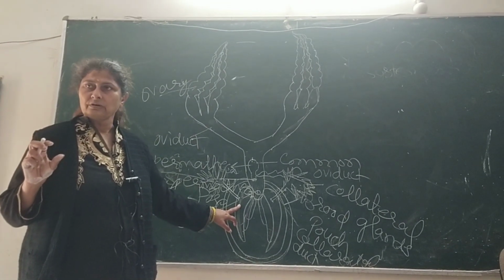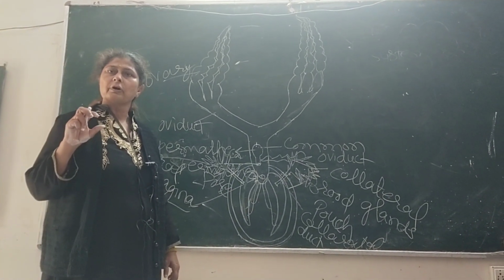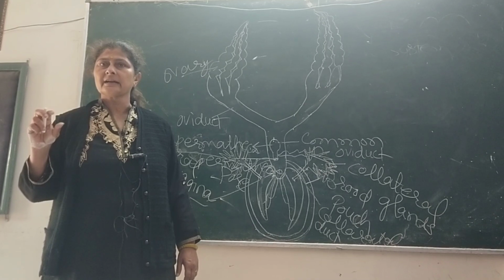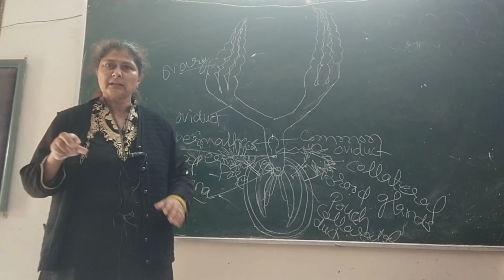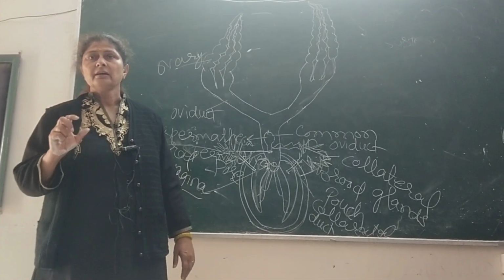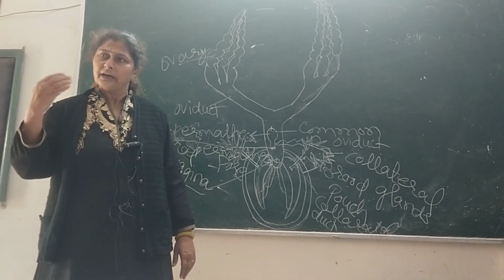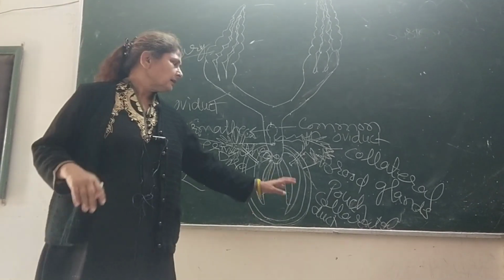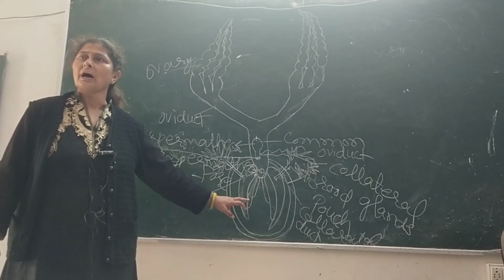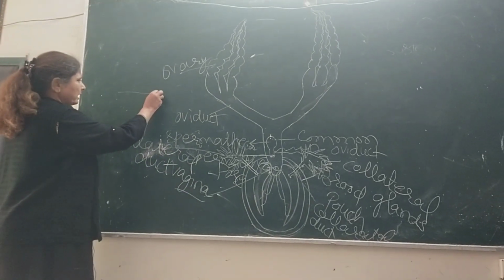Like we studied in earthworms, there is also cocoon formation where the fertilized eggs are stored for protection. It means they get a house where all the fertilized eggs are stored, and development will take place inside. Like that, they produce certain secretions which later on form the cocoon like hard structure. This is like a purse like structure.